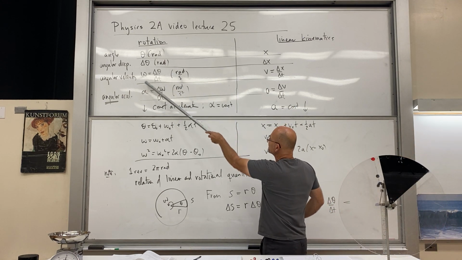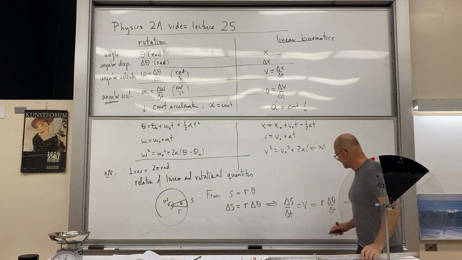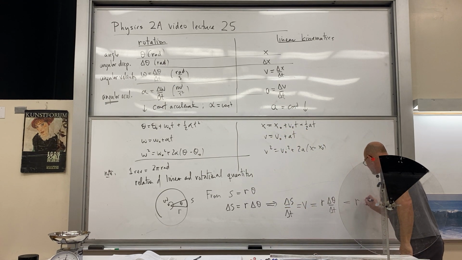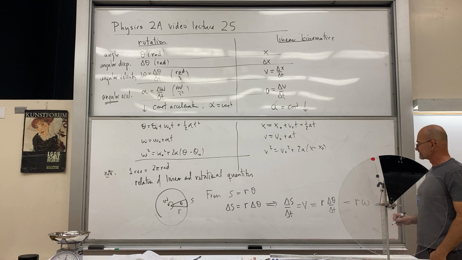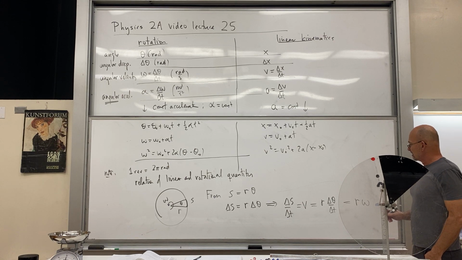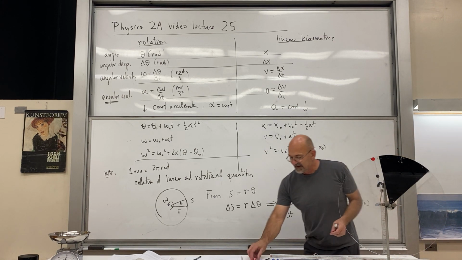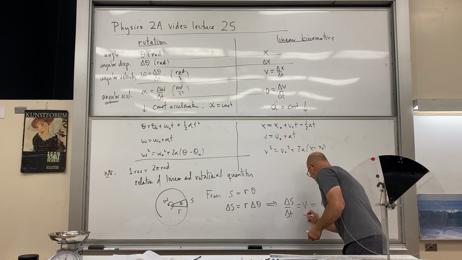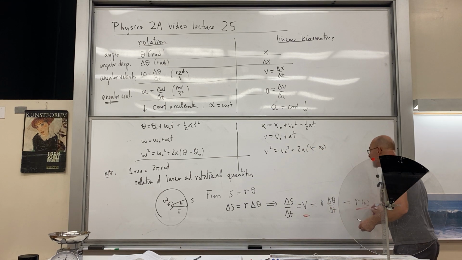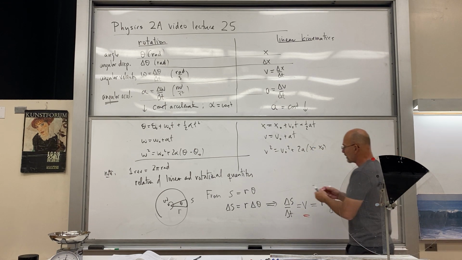Delta theta over delta T is omega. So that is equal to R times omega. So what I'm saying is that V, which I'm going to underline in red, is equal to R omega, and I'll use this part of the board